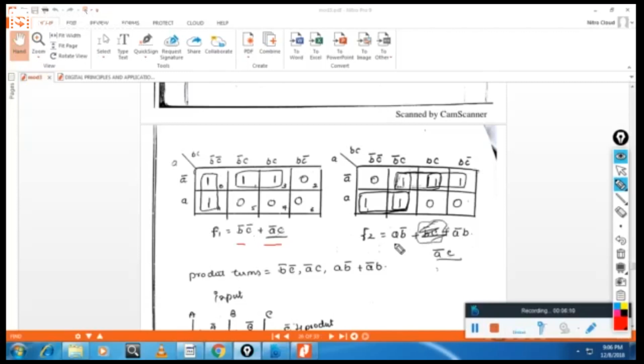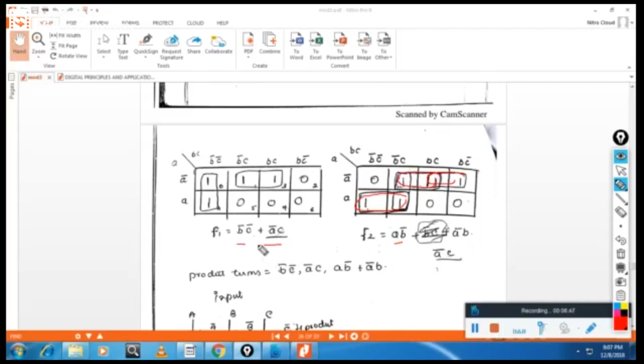One term is AB bar, the second term is A bar B, and the third is A bar C. These are the 3 terms.